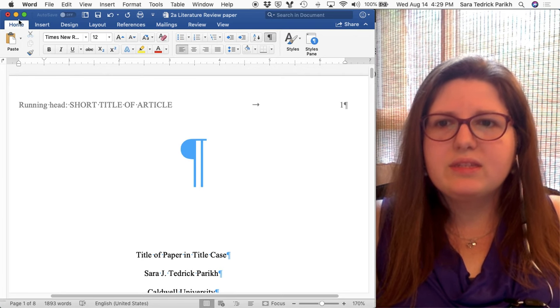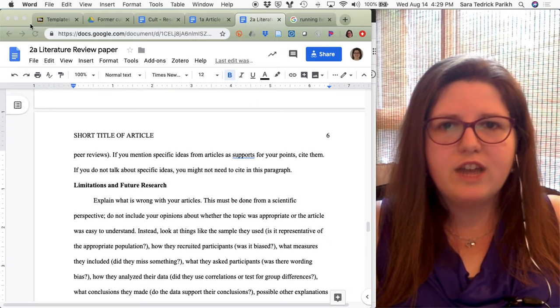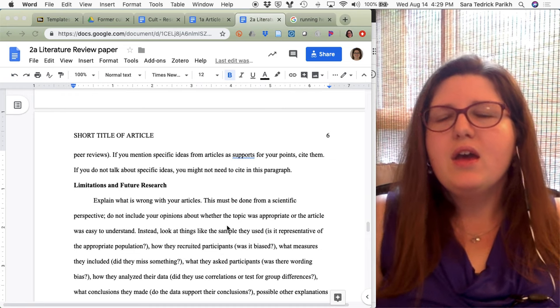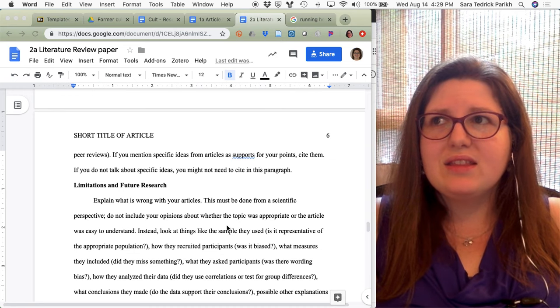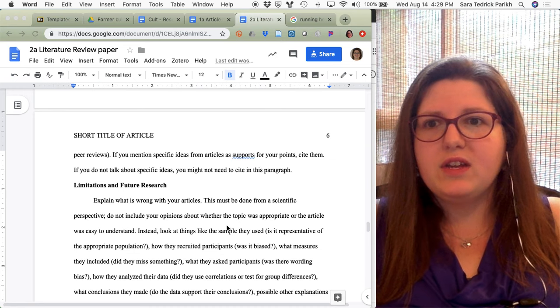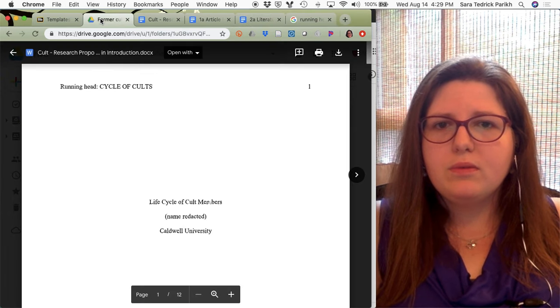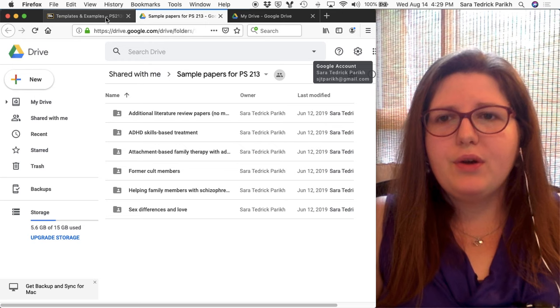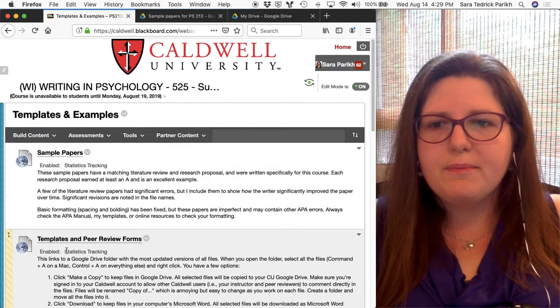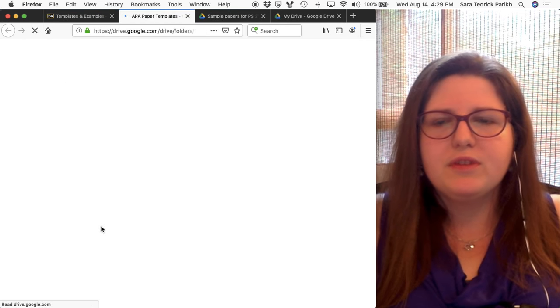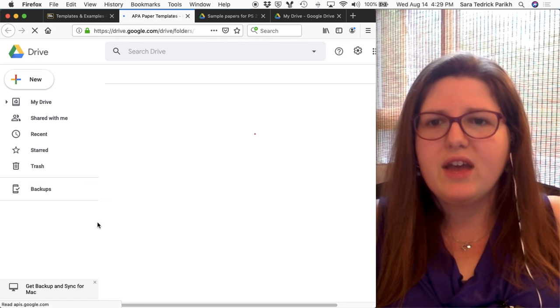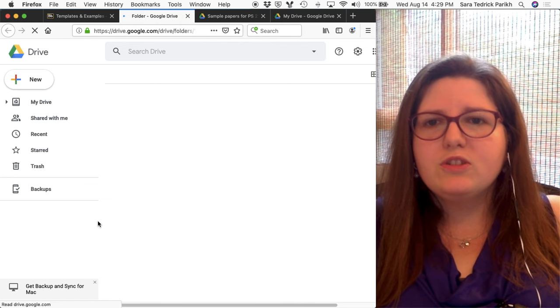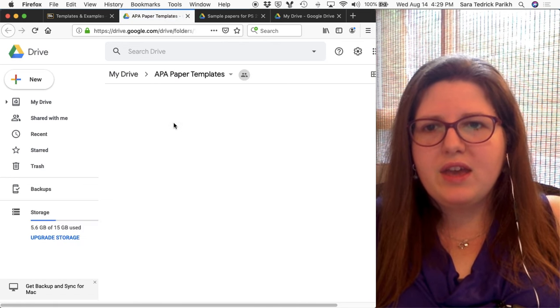There's still some slightly weird stuff about Google Docs for APA style, but I think the limitations are worth the benefits. Let me show you. Let me come back here. So you can hit sample papers. You can also hit templates and peer reviews. I mean, it's all going to the same basic file folder. Once you get into this folder, you can,